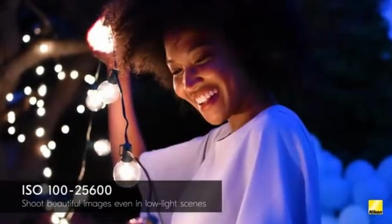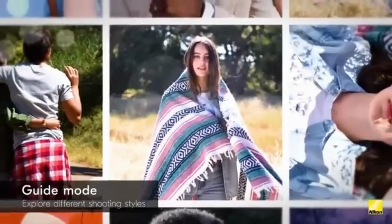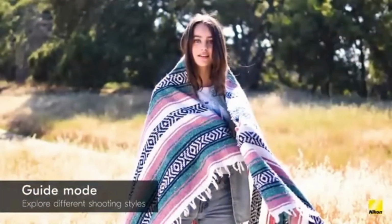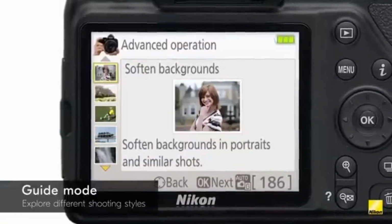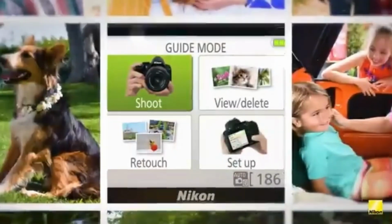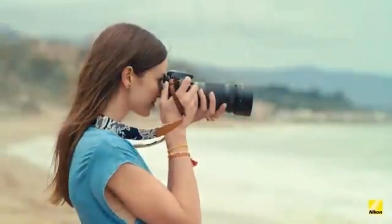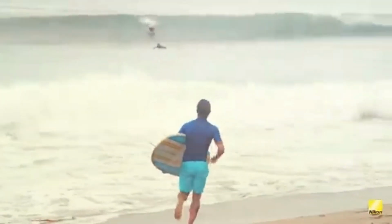For beginners, the D3500's guide mode is quite user-friendly. With its clear instructions and easy-to-understand camera settings, it allows users to progress to more complex techniques at their own pace. Take more pictures without worrying about the battery dying. With the D3500, you can concentrate on your creativity without worrying about constant battery drain because of its outstanding battery